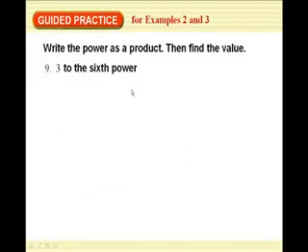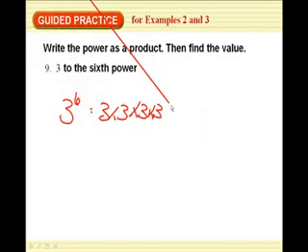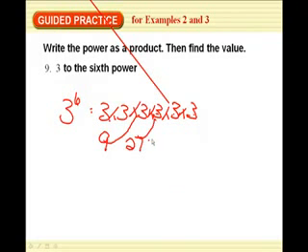Still doing the same. 3 to the 6th power. So that means we go 3 times 3 times 3 times 3 times 3 times 3. 1, 2, 3, 4, 5, 6. 3 times 3 is 9. 9 times 3 is 27. 27 times 3 is 81. 81 times 3 is 243. 243 times 3,